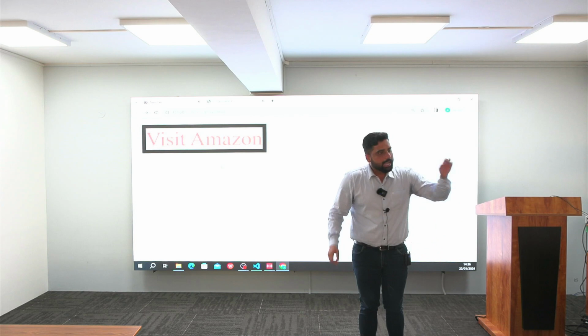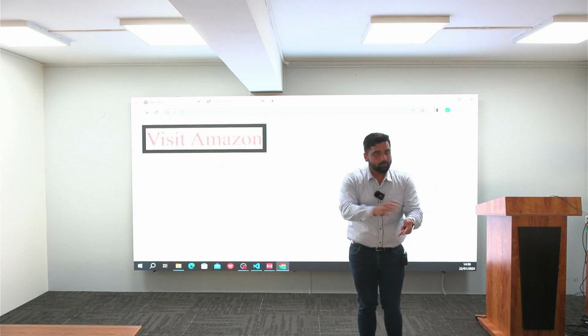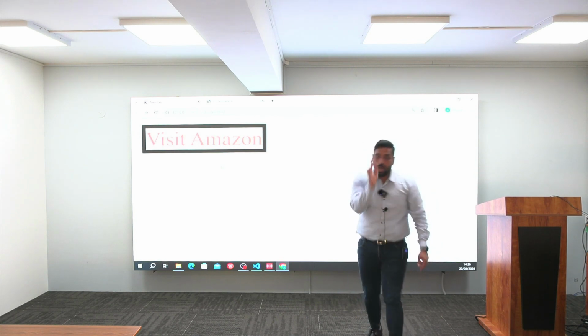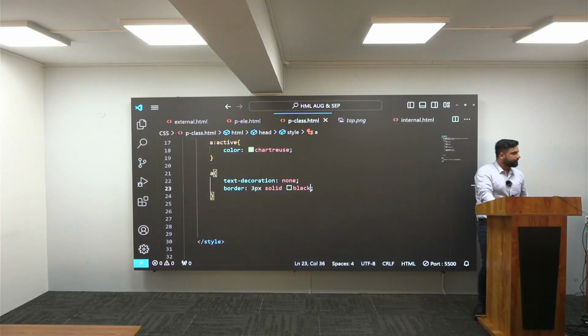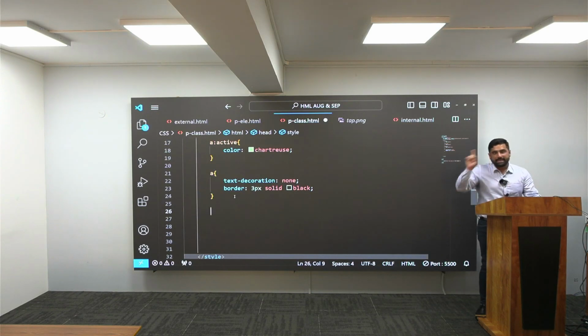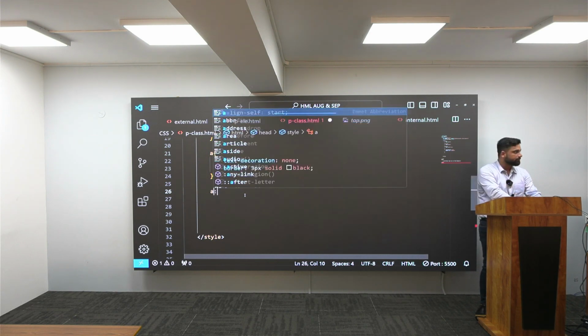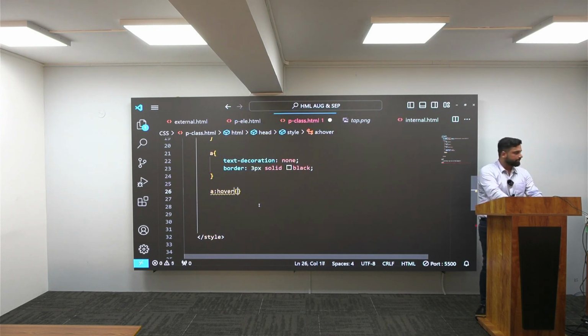Now my friend, as pseudo classes, we have seen link, visited, and active. One more selector we have which comes under pseudo class, which is hover. So how to use hover here? Please focus. First of all, I'll go to my VS Code. For hover, I will use the same element name. What is my element name here? A. Now I wanted to give a pseudo class selector. How can we represent it? With the help of a colon, only once. After that we have to give hover. Now we have to put curly braces.